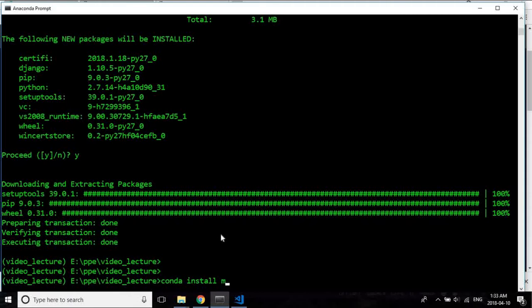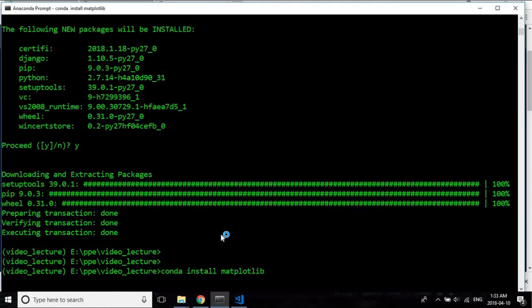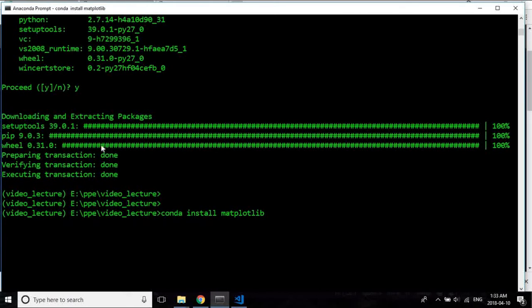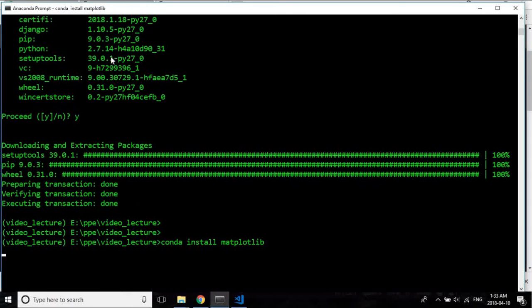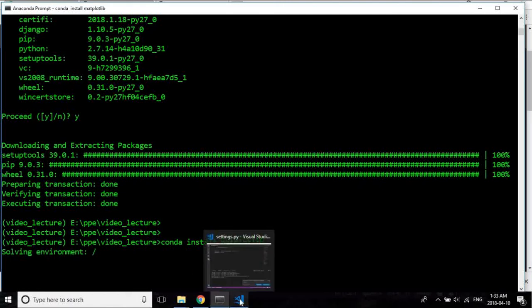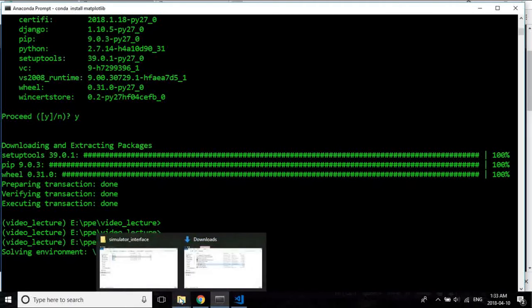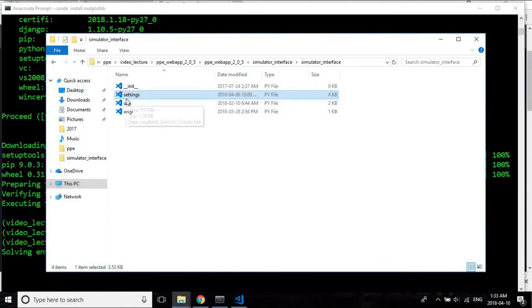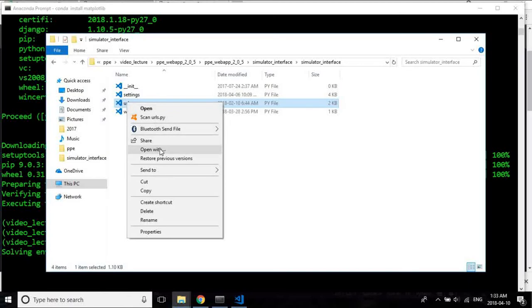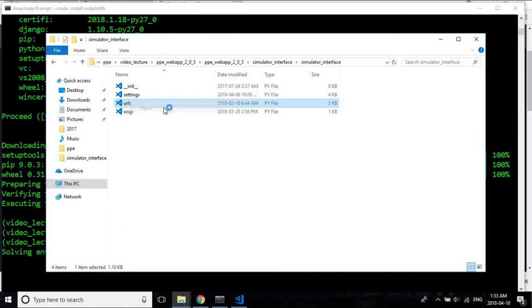So now that this is done, the next dependency that we have is MatPlotLib, because remember, this circuit simulator web application version uses MatPlotLib for plotting the waveforms, so we must have MatPlotLib. So I've got to go through the same process, this time installing MatPlotLib, and as before, always check what it says in terms of what packages are to be installed. So anyway, while this is happening, let me go back here. URLs is a file that contains